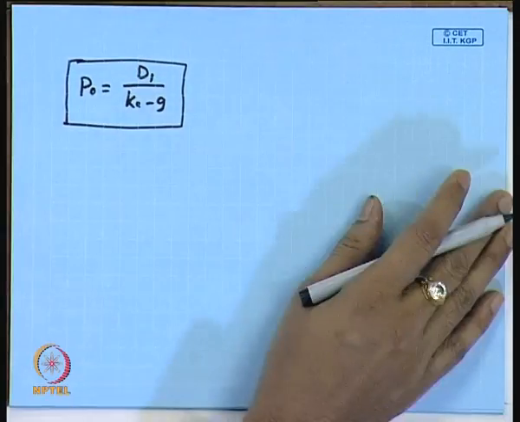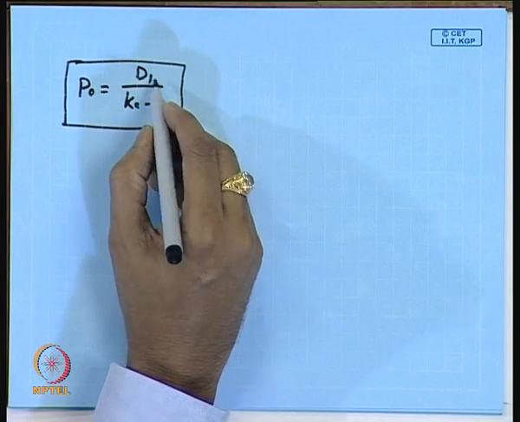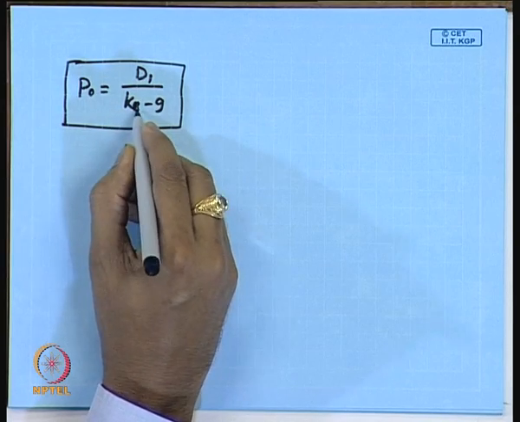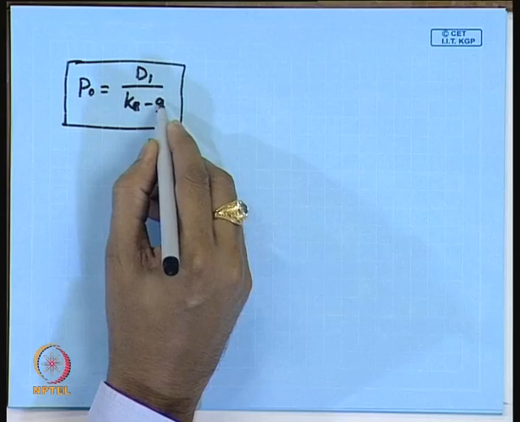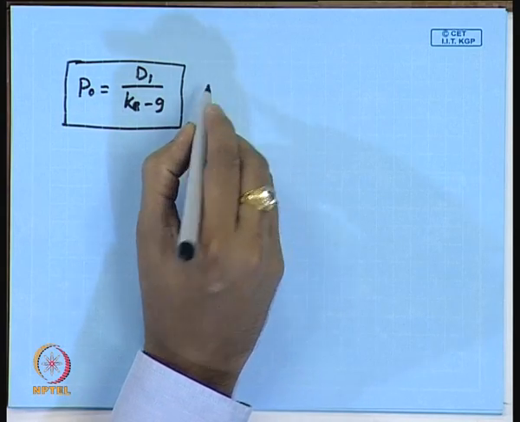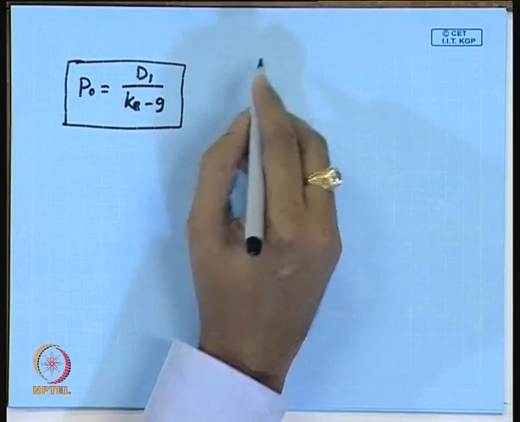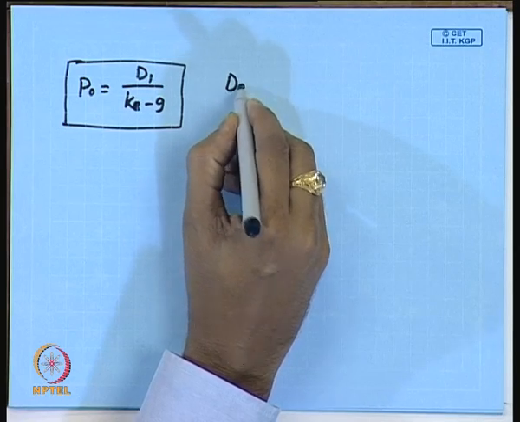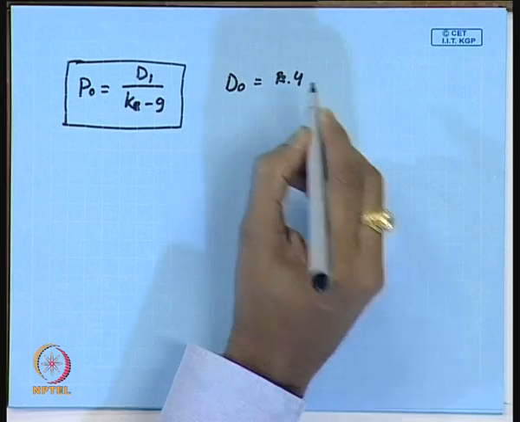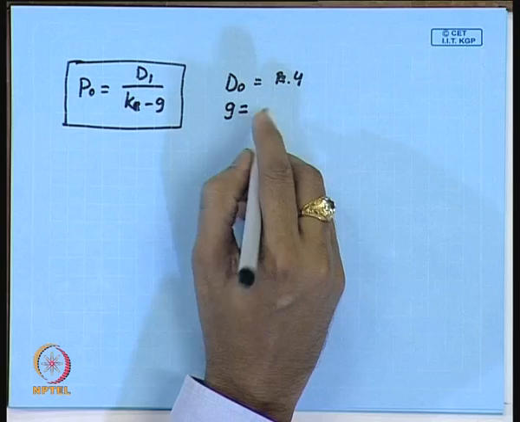So, the price of a particular share today depends upon the dividend of next year and the cost of equity, that is, the equity investors' expectation of how much they expect, and then G stands for the growth rate. We have already discussed these things in our finance and valuation class, but still we can take a small example here. We talk about the dividend. Let us say the present dividend of a particular company is D0, today let us say rupees 4, and let us say the growth in the dividend depends upon the growth in earnings.